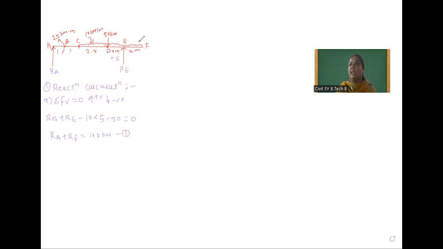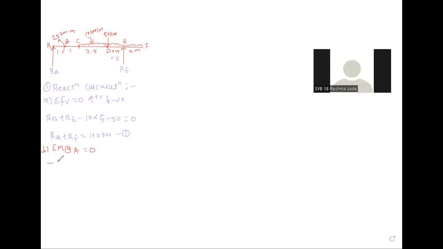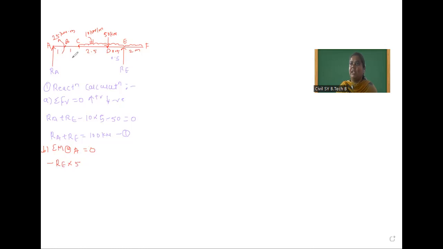Then we will apply the second condition. Summation moment at A is equal to 0. We will take moment at A, and we will start from this E point. So RE creates anticlockwise moment, so minus RE into the perpendicular distance, which is 5 meter. Okay. After that, this 50 creates clockwise, so plus 50 into the perpendicular distance, which is